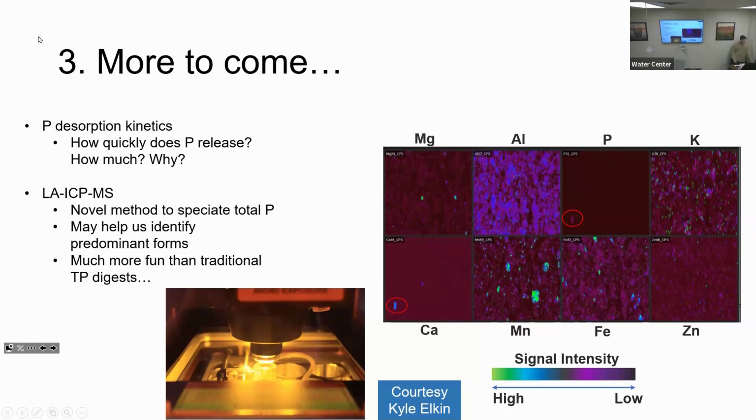Another exciting development: Kyle Elkin, the research chemist out of Pennsylvania. Through this project, we got him a laser ablation ICP mass spec setup in his lab, so LA-ICP-MS. This is a novel method that hasn't really been used much to look at phosphorus in soils and sediments. All it is, is an ICP-MS where instead of injecting a solution to speciate phosphorus and a